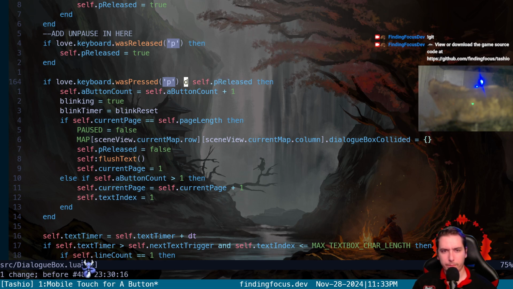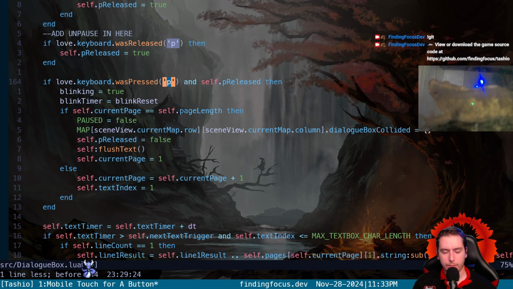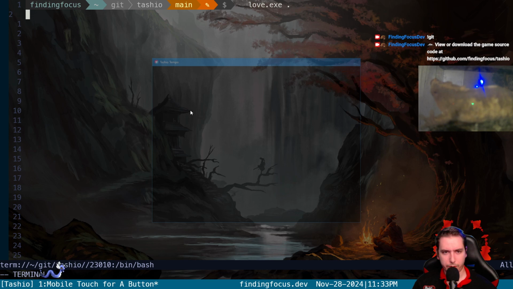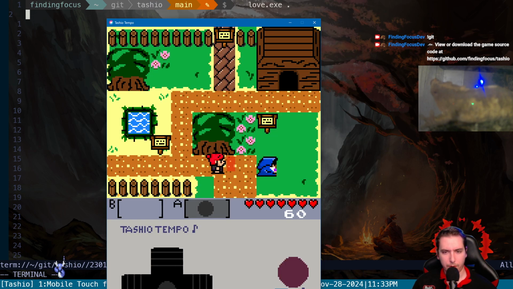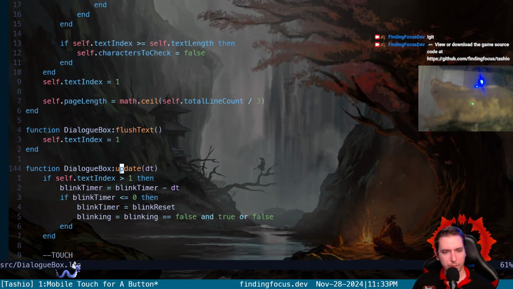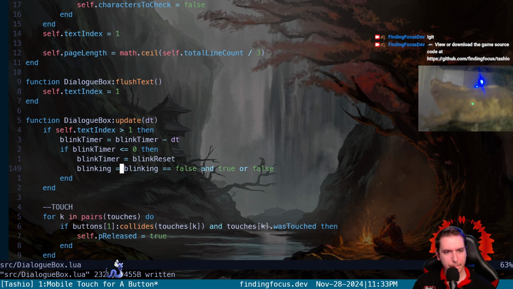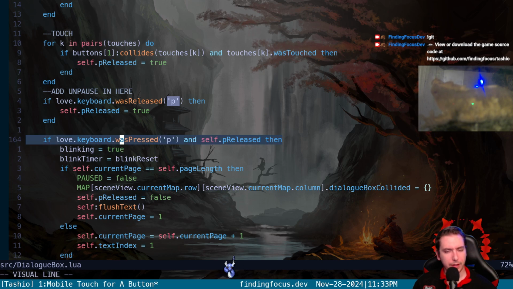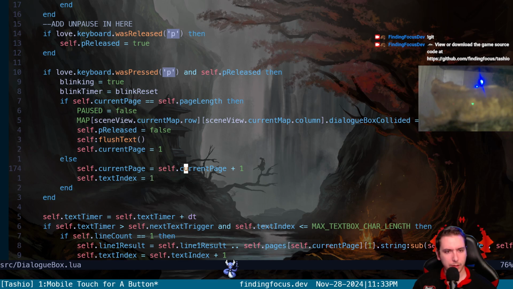Okay, let's see. Okay, let's test this. This should work. This should be our old method, yeah. Okay, so I guess, yeah, and this is in our dialog box. This is in our update function for our dialog box. Okay. If P was pressed and P was released. Oh. No, yeah, we had that. It should be